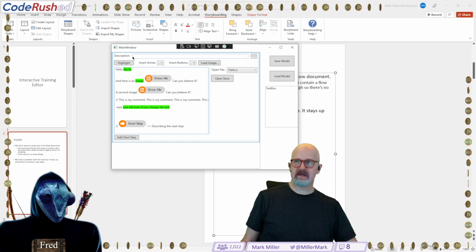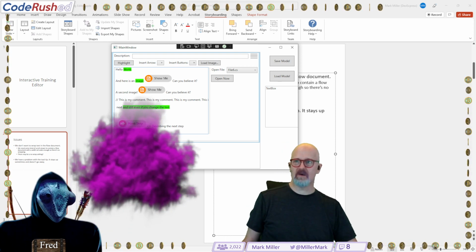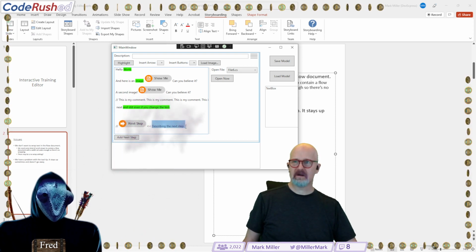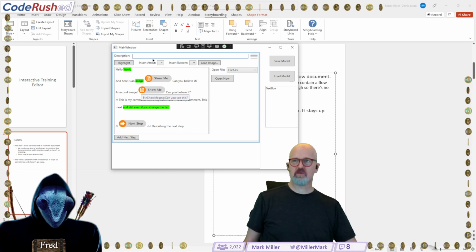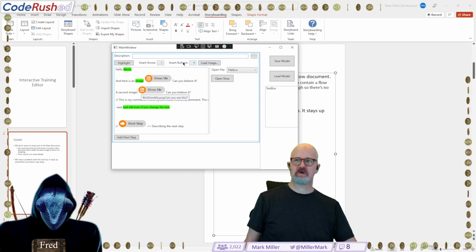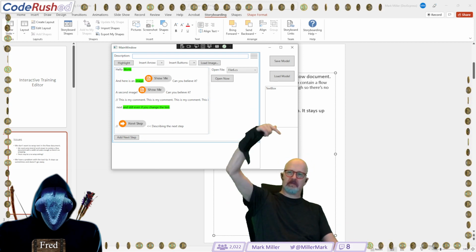And it's going to then create one of these and put it down below here, and the words that are here are going to show up in the description on the one below it. But the first one does not have a description. This description is only meant to hook into the previous.